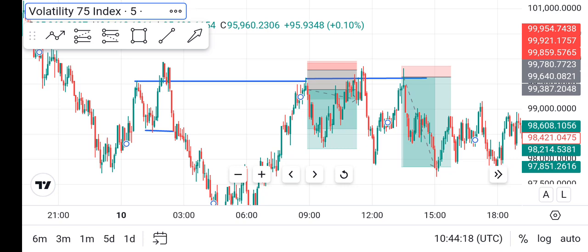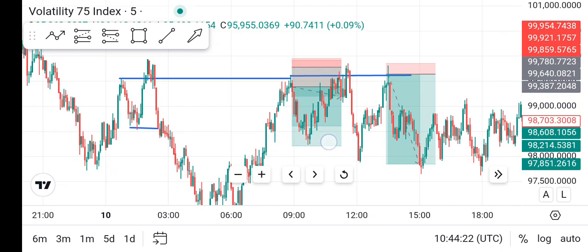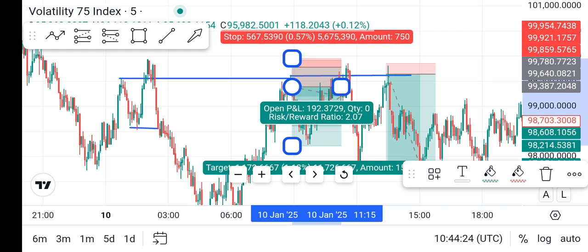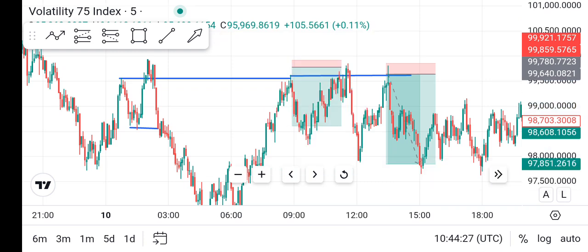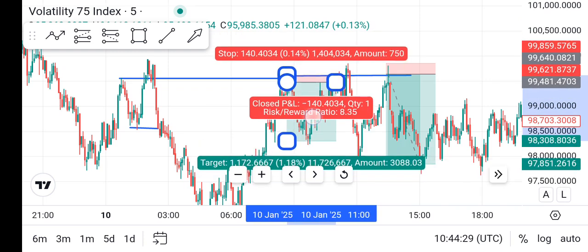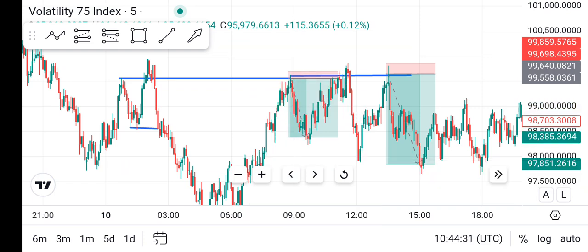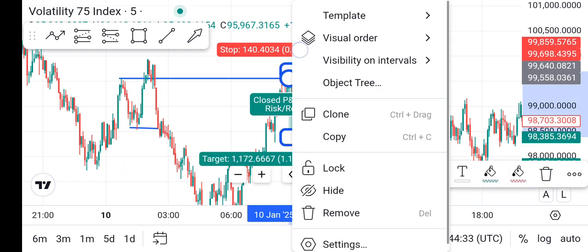It actually played well also, giving me about 1 to 2 risk to reward, something like that. Yeah, like 1 to 2 risk to reward. So after taking this trade,